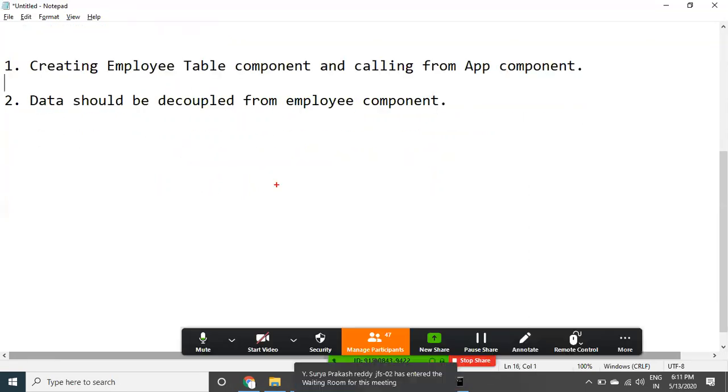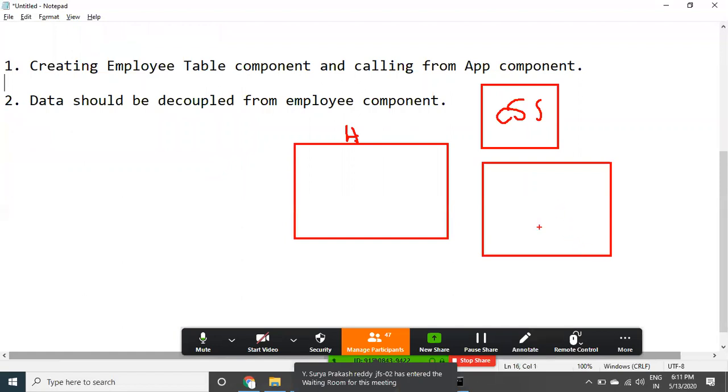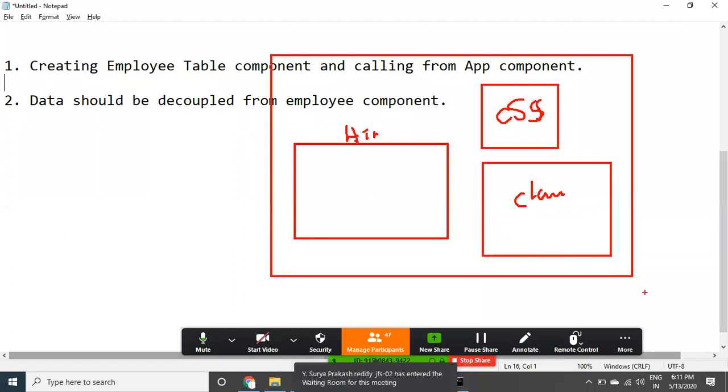When you are creating a table component, any component contains HTML, CSS, and what else? The class. The table component class. The combination of all these things is the component.